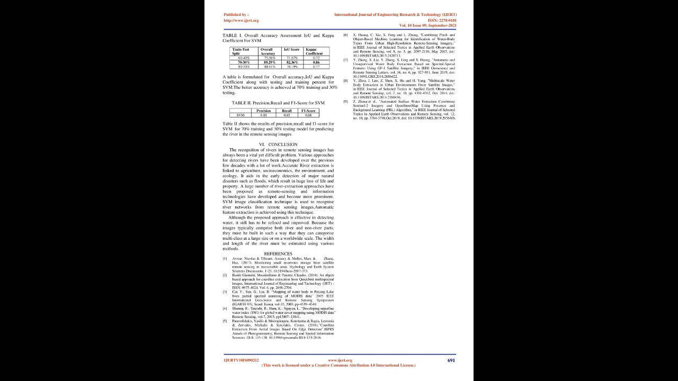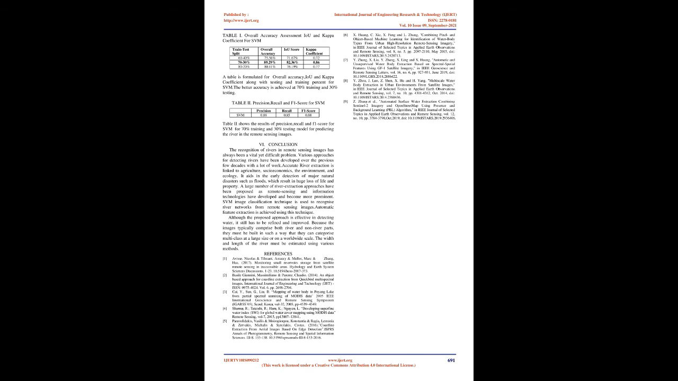Conclusion. The recognition of rivers in remote sensing images has always been a vital yet difficult problem. Various approaches for detecting rivers have been developed over the previous few decades with a lot of work. Accurate river extraction is linked to agriculture, socioeconomics, the environment, and ecology. It aids in the early detection of major natural disasters such as floods, which result in huge loss of life and property. A large number of river extraction approaches have been proposed